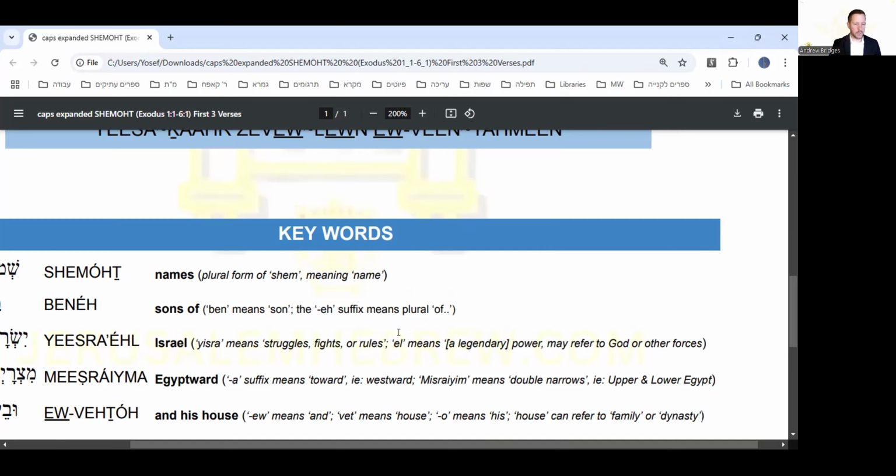So Yisrael literally means one who struggles, El, and it could be he struggles with legendary might. It could mean he struggles with God, as in he's struggling inwardly. He has an inner struggle with God, yet he overcomes, according to the story that we find in the book of Genesis. Or if he struggles with God, meaning God is there with him in his struggle, right? When the word with is inferred between the 2 roots. It could also mean he struggles and fights against the false gods of the world,